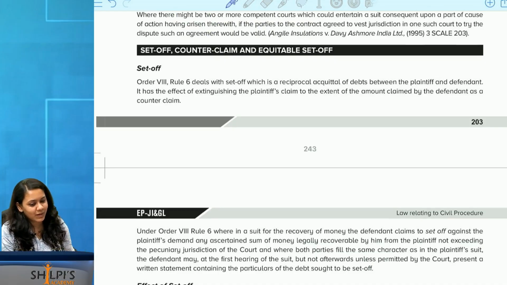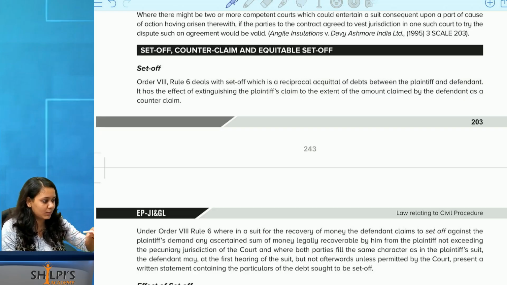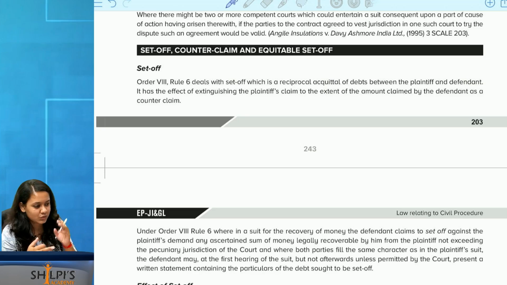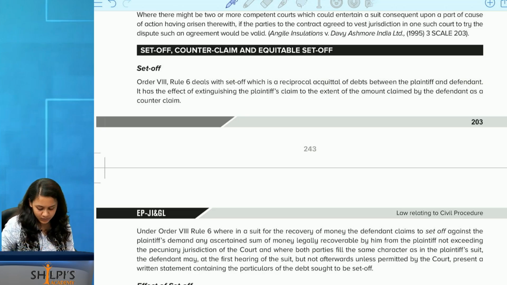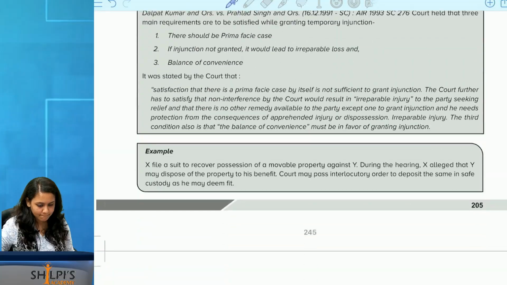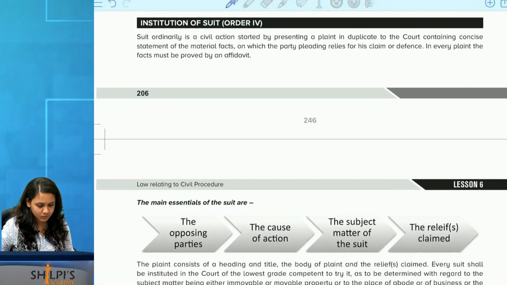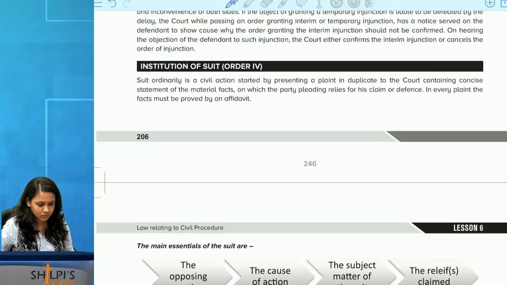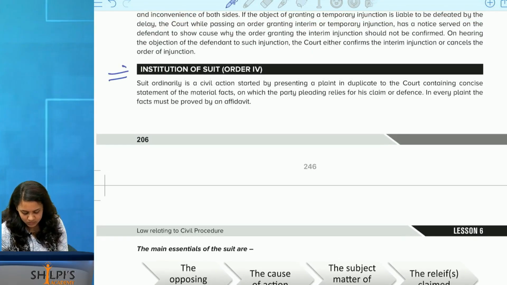I'd be very happy if you all read the full chapter. So, surprise me a little bit next time in class. You all can read a little bit more also and come. But since I'll be meeting you all only next week, study these thoroughly. Make sure to know jurisdiction, res judicata, sub judice, all of that properly. And I'd like you all to come down a little bit. This institution of the suit, sorry, not institution of the suit, my bad.